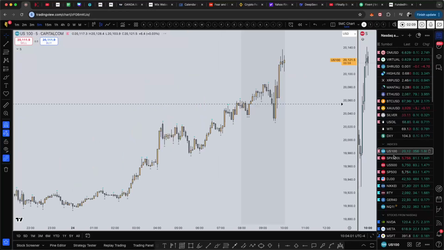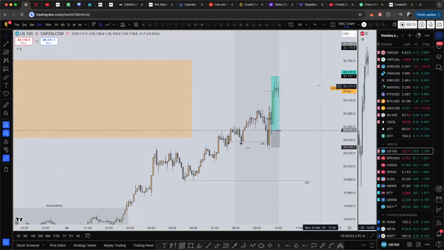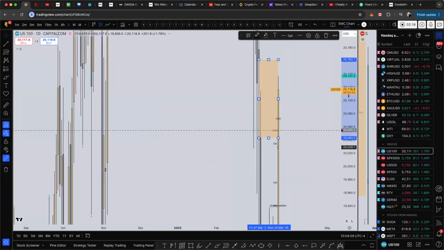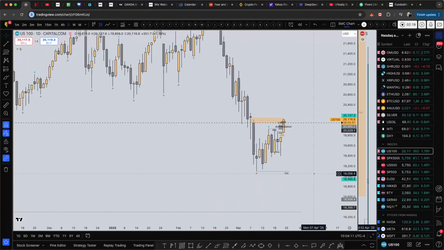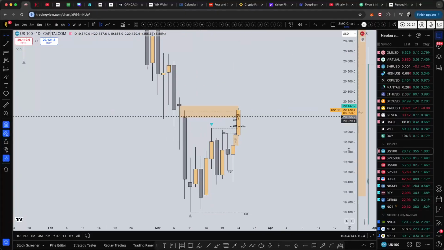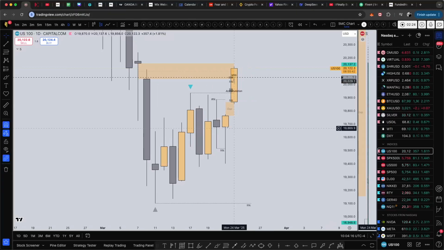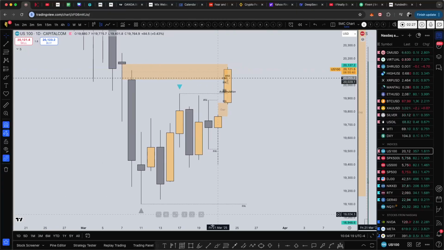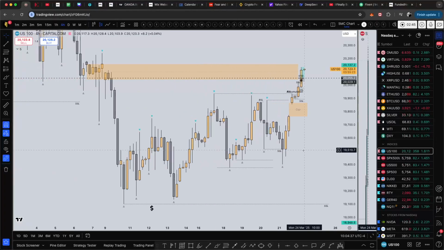And going on Nasdaq right here, starting with the daily bias, right? Notice how we closed on Friday. Notice how we closed right here. This candle, right? We ended up sweeping two of these lows, these previous lows. We did not sweep this one, but at least we took some of these previous lows, right? Took that liquidity, retraced all the way back up, and closed bullish. So that's kind of like a bullish momentum reversal thing right there.